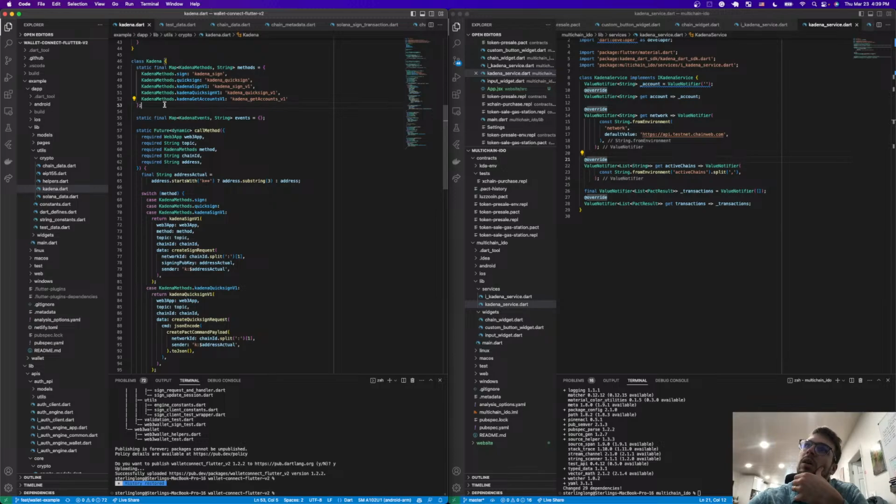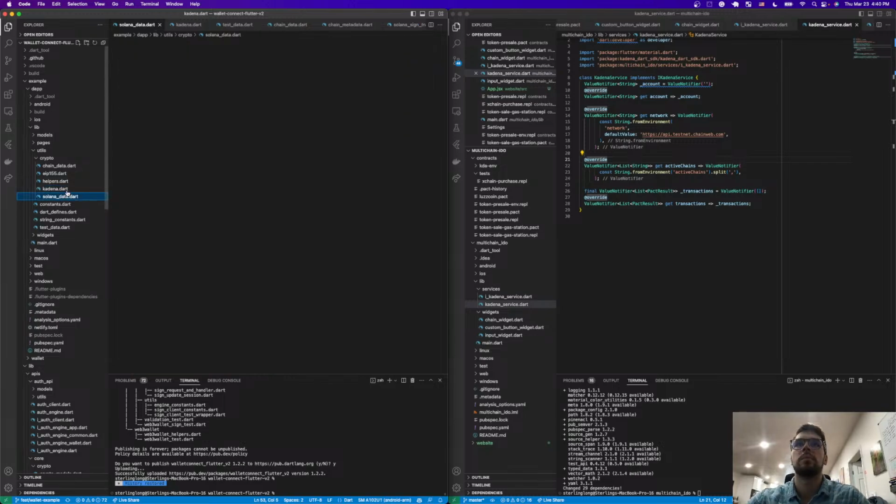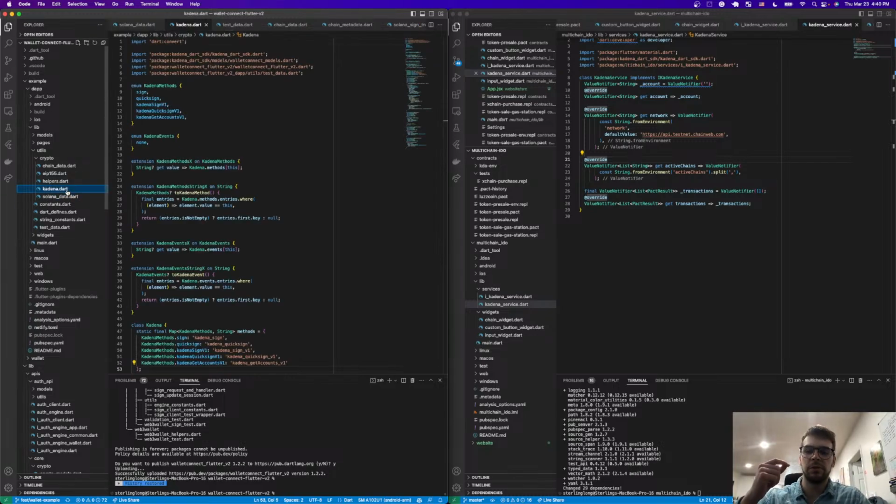Yep. So I can take this Kadena. I also think this will be really good for other DApps wanting to implement Wallet Connect, learning how to use it. So I'll just be walking through how to use Wallet Connect throughout this. Right. Okay, so